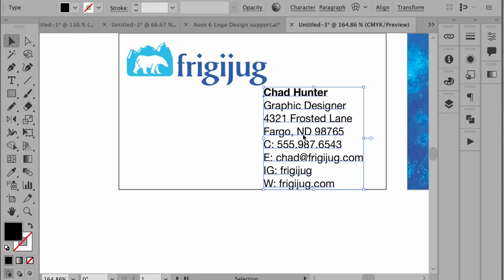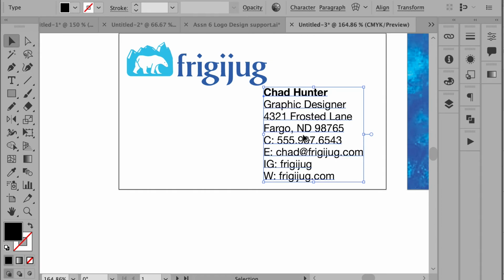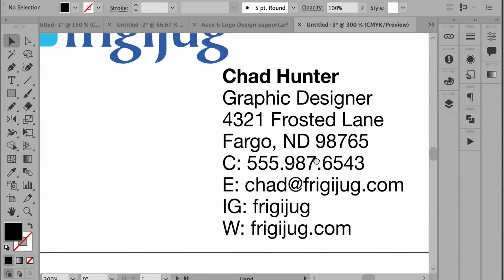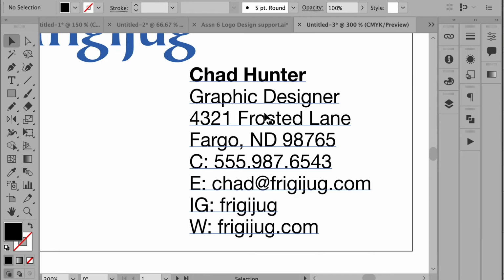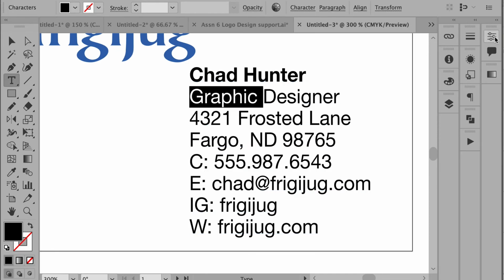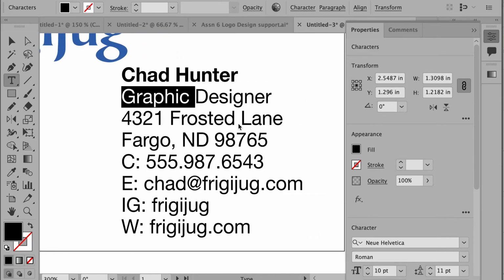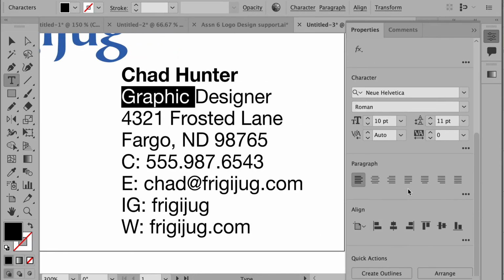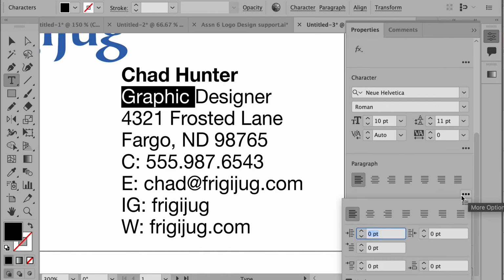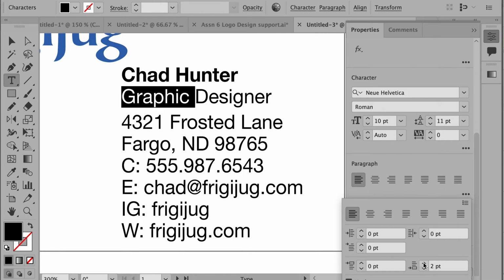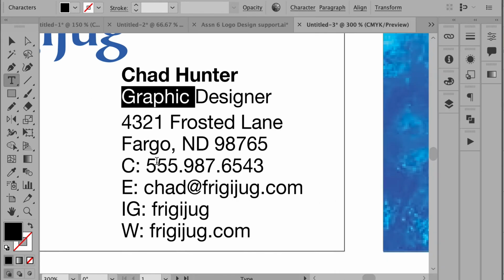So what I may do, so it's just not one giant paragraph, I might break this up a little bit. So I'm going to probably put some space underneath. Let me open up paragraphs. So I'm going to put some space underneath graphic design, and so what I've done is clicked on properties and scrolled down to the paragraph, and then click the dot to expand it. So now I'm going to put a little bit of space underneath graphic designer, and then I'll put it underneath the